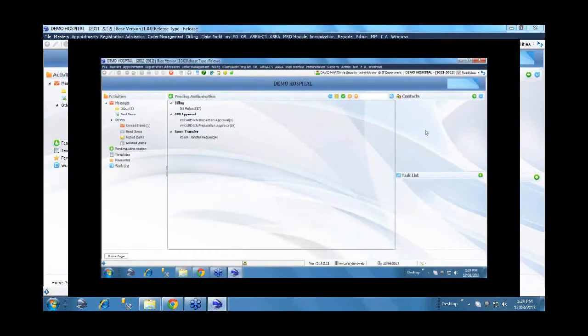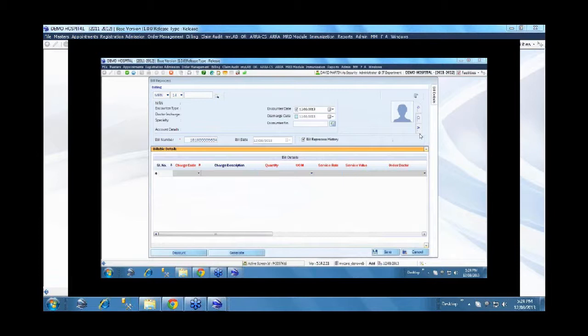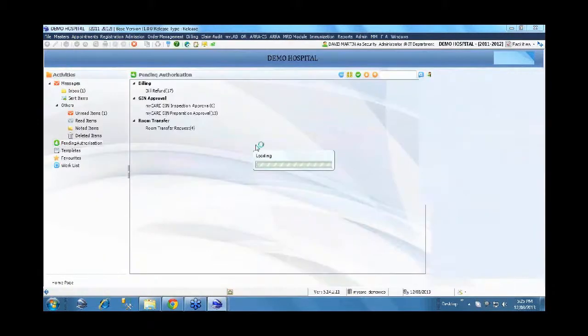So all of these different processes are handled by the system. We will look into that. So we will jump on to the inpatient flow. I will just open a particular charge. We will take a patient who is already admitted, so when we have created the charges against that particular patient already, we'll just generate the bill and then show you how the room and board charges and the package billing is handled.